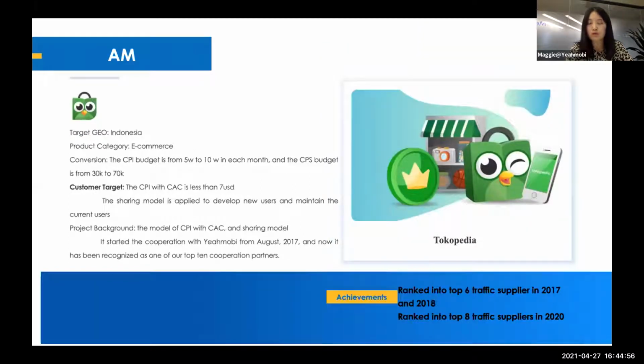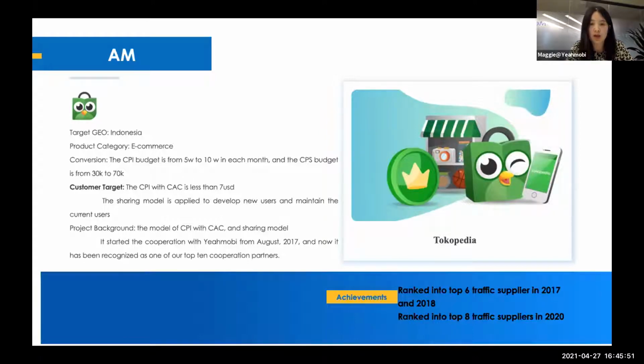And for AM, we also help our e-commerce clients to acquire users globally and also help them to do brand awareness in the local area. Here's an example about Tokopedia. For Tokopedia, they have their budget in Indonesia, and they basically focus on Indonesia, to acquire more users in Indonesia. They have very specific and very strict KPIs or targets. Like if we bring them about 10,000 users, they need to have 7,000 of users